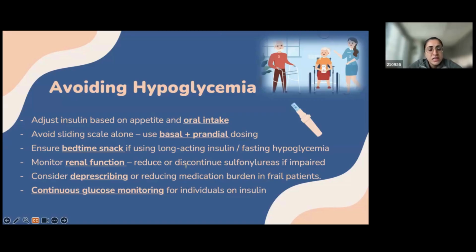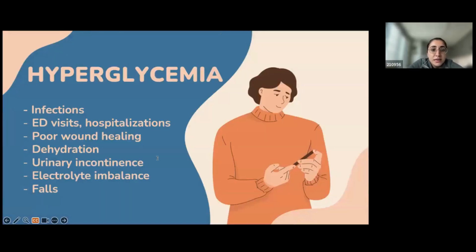In frail patients, we want to try to deprescribe as much as possible to minimize their risk. And again, CGM is a very valuable tool, especially in this setting, as it detects early hypoglycemia and alarms the patient and the caregiver before the hypoglycemia occurs. Studies even showed that CGMs can detect hypoglycemia in about 80% of older institutionalized patients and severe hypoglycemia in about 45%.